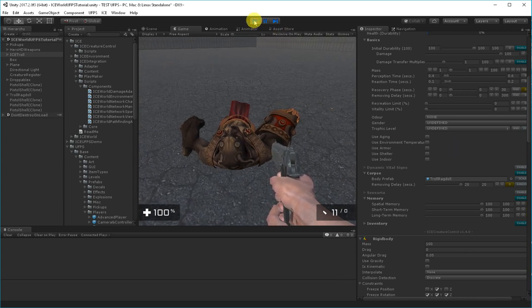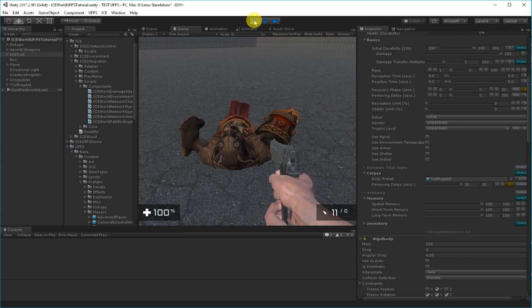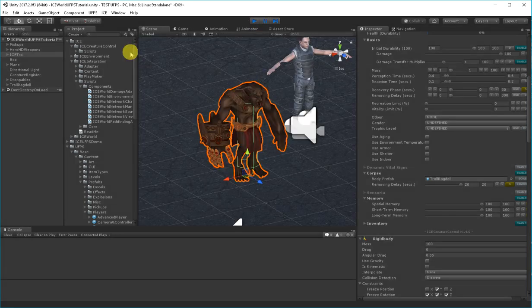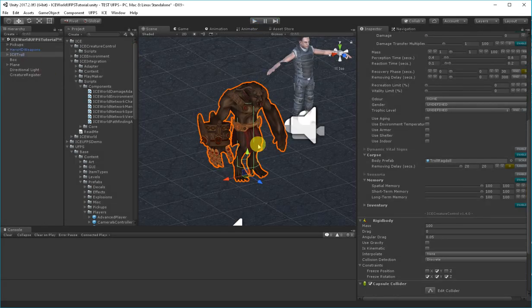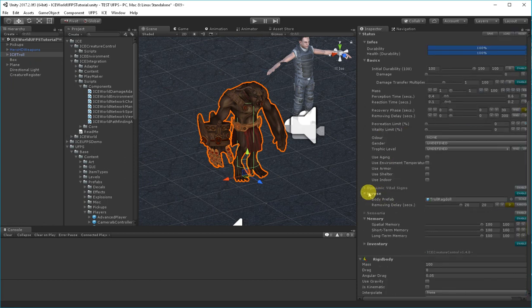Maybe I can do the capsule collider a little bit larger, so it's easier to hit the creature. Okay, now our creature is using a Reactor, and this Reactor is defined here, status, creature control status, and we have here the corpse. Now you have to know,